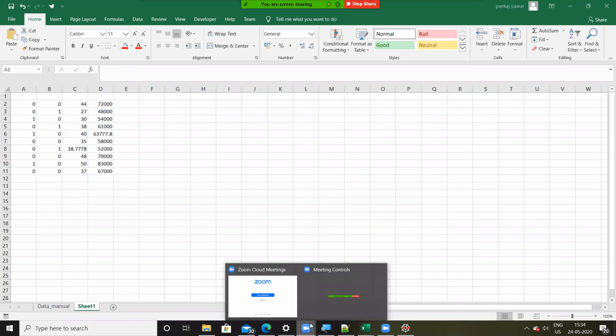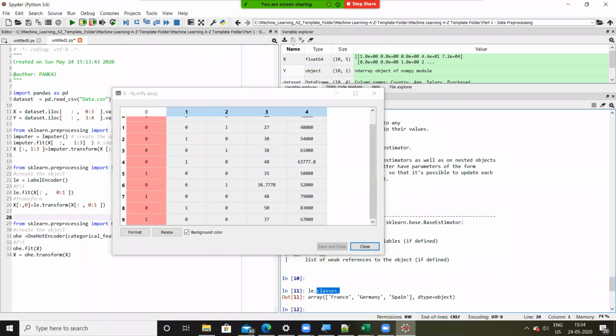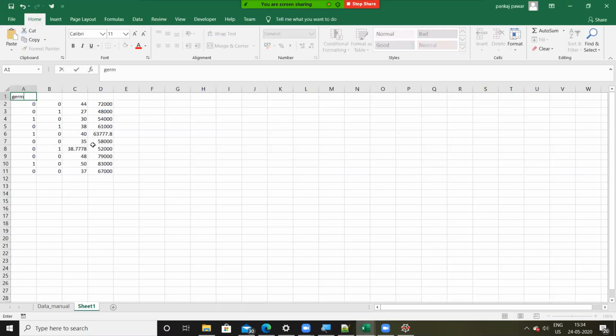Index 1 is for what? Which country? Germany. Then Spain. So I'll write here Germany, Spain, age, salary. All right. Now, if I'm saying Germany is absent, Spain is absent, what does that mean? France is present. Do you guys agree with me on this?